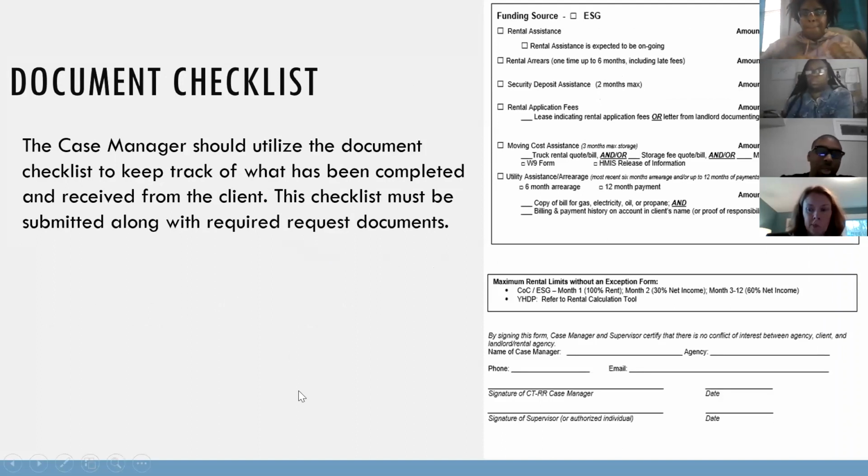Bren? All right, so we talked about this briefly, the document checklist. Use it. It's a document that's used to keep track of what's been completed and what has not. Use it, use it, use it. Again, it's one of those virtual high fives. You guys often use it. I usually see it at the top of the initial packet. We will take a look at it. However,